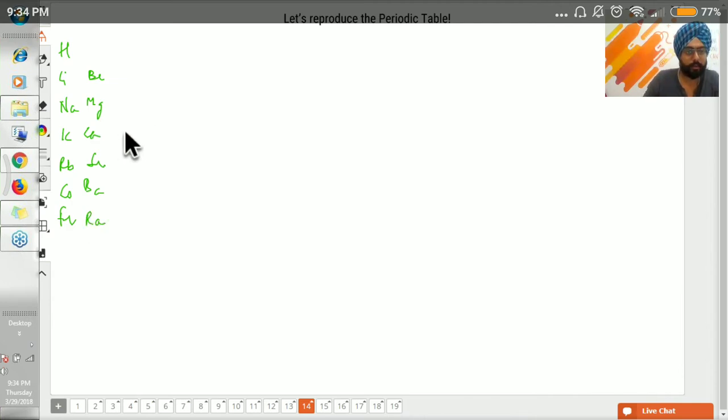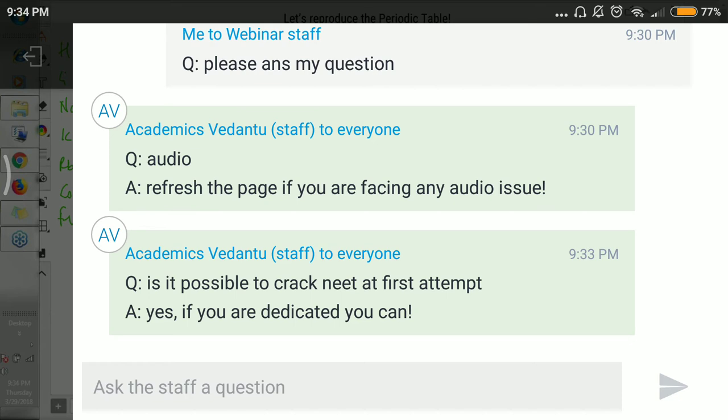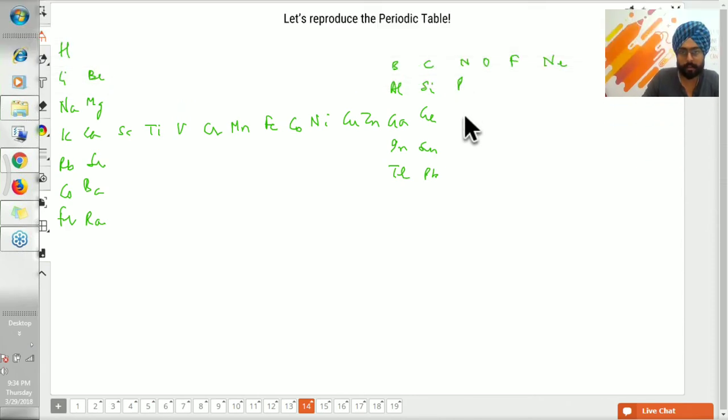Okay, then from here we have scandium, titanium, vanadium, chromium, manganese, iron, cobalt, nickel, copper, and zinc. Then after here we have B, C, N, O, F, neon, and we have the mnemonic. Then we have the carbon family, lead, and then we have